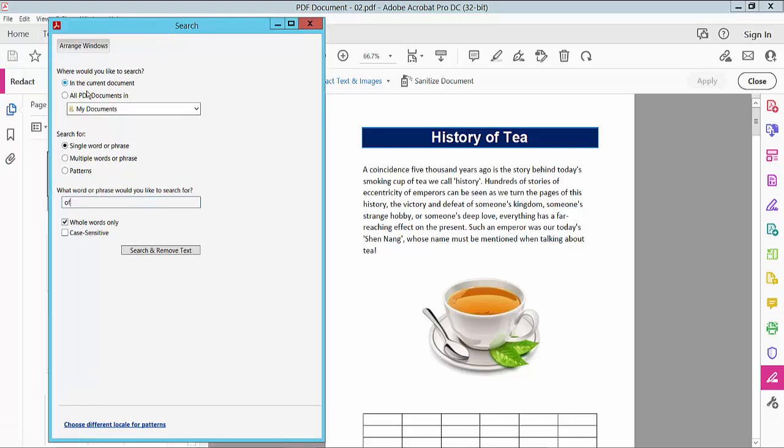and you can redact all PDF document or current document already selected, and you can select multiple words or phrases. I'll select single word or phrase and type your redaction word which one you want to redact. I'll select this off and this whole word also. I select this article the. Now select search and remove text